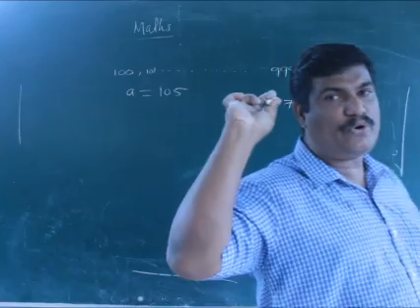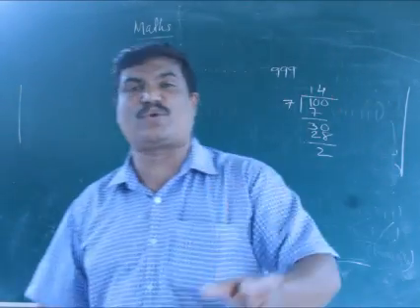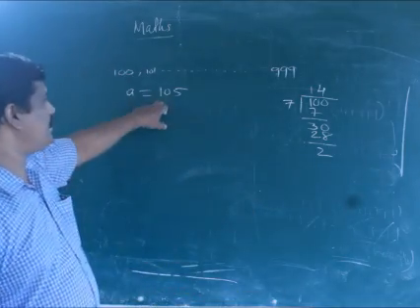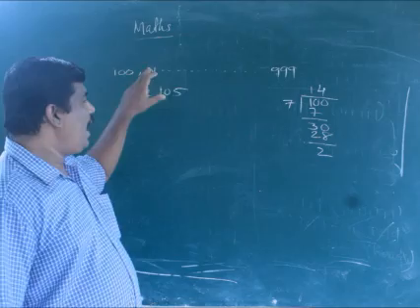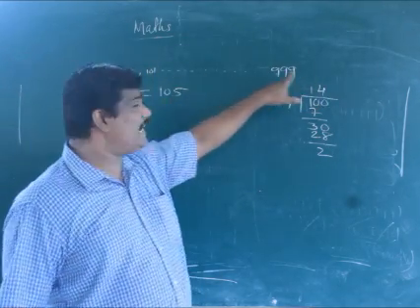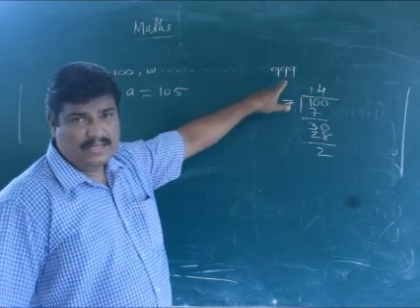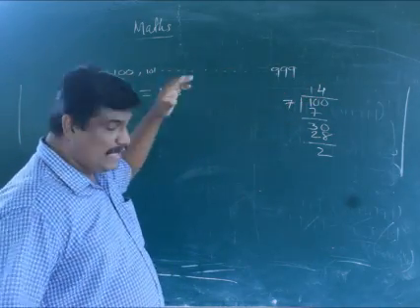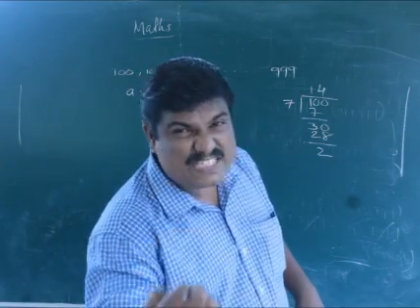You check. 105 is divisible by 7. Yes, 105 is divisible by 7. The remainder is 0. So the first number of the AP is 105. These are 3-digit numbers: 100, 101, 102, etc. These are not an AP. But in my question, how many 3-digit numbers are divisible by 7?